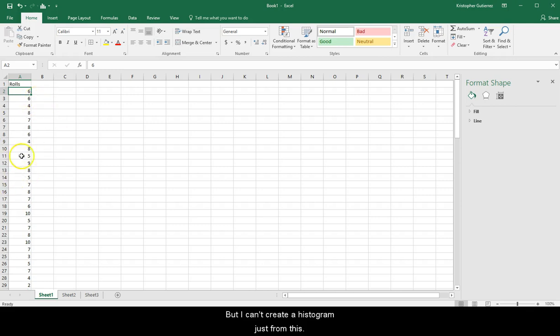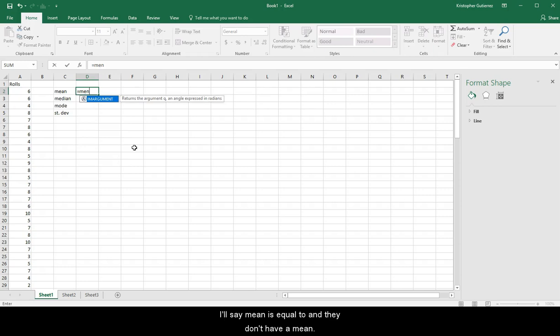But I can't create a histogram just from this. What I can do is get a mean, median, and mode from this. So let's take a look. If I want to get the mean, median, mode, and even standard deviation, that's pretty straightforward. I'll say mean is equal to, and they don't have a mean